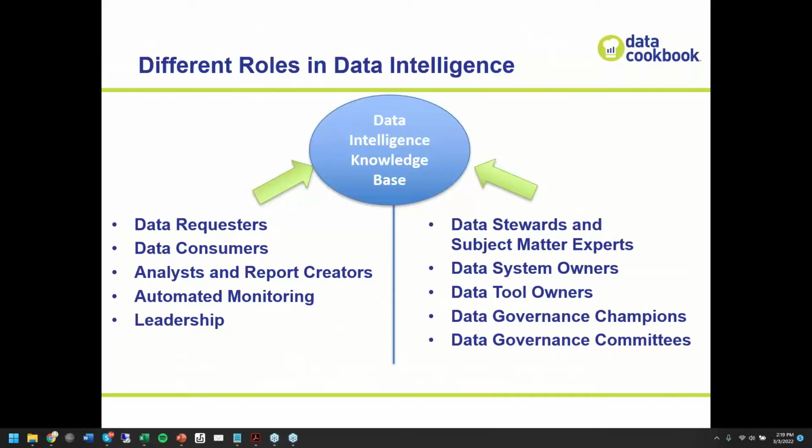Those are your consumers who have questions. It could be the people who are trying to build things and work on things, the analysts and report creators who have a need for data literacy or understanding or decisions around the data. It could also be something that's automatically generated. So the example of this is if you have a data quality monitoring process going on that generates an automatically